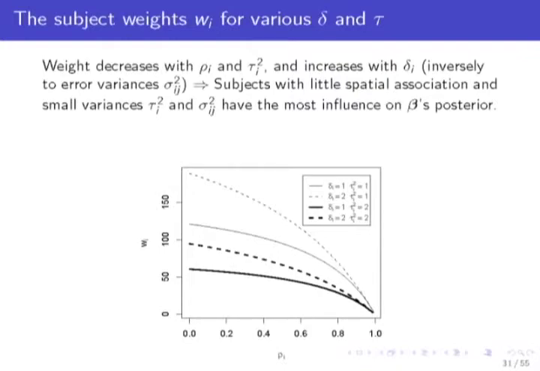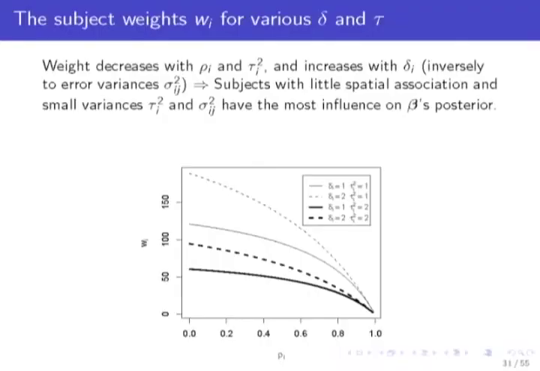So basically the subjects with little spatial association and small variances tau and sigma have the most influence on beta's posterior. As rho increases, you can see that the weight is decreasing, and this one is the lowest where delta is 1 and tau is 2. Now when delta is 2 and